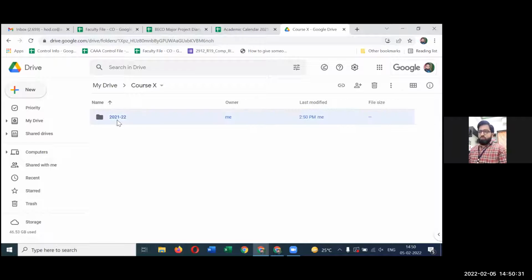So this is my folder for 21-22. Likewise, if next year I'm going to maintain it, it will be 22-23 and so on. If there is something which needs to be maintained at semester level, what can I do? I can create a folder, say even sem, then one more folder, say odd sem. So all even sem data would go into the even sem, and then again the academic year also. Okay, so academic year and then the sem, either even sem or odd sem.